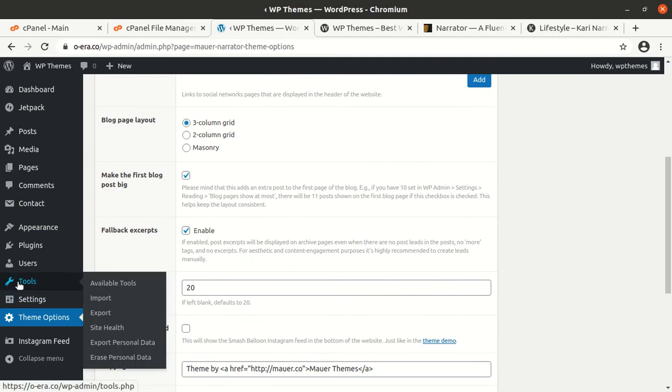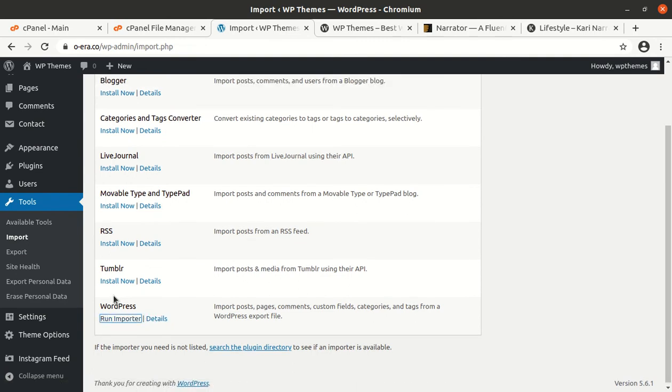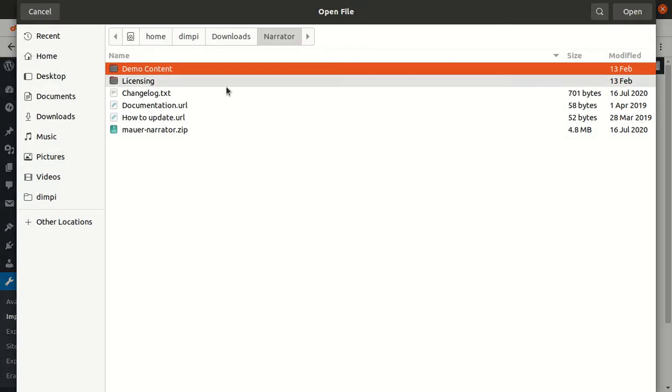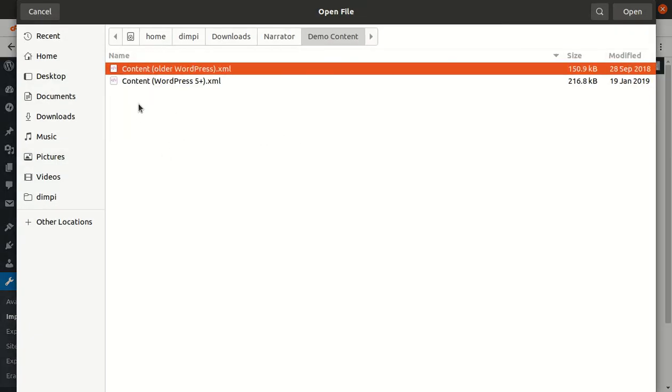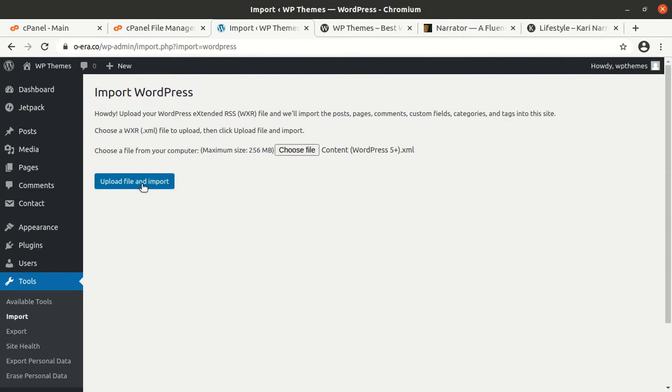And for this we have to go in the tools section and click on import and install the WordPress importer, run importer, and choose file. And here we need to choose the demo. Since we have the latest version, we can choose this WordPress 5 plus. Open it, upload file and import,